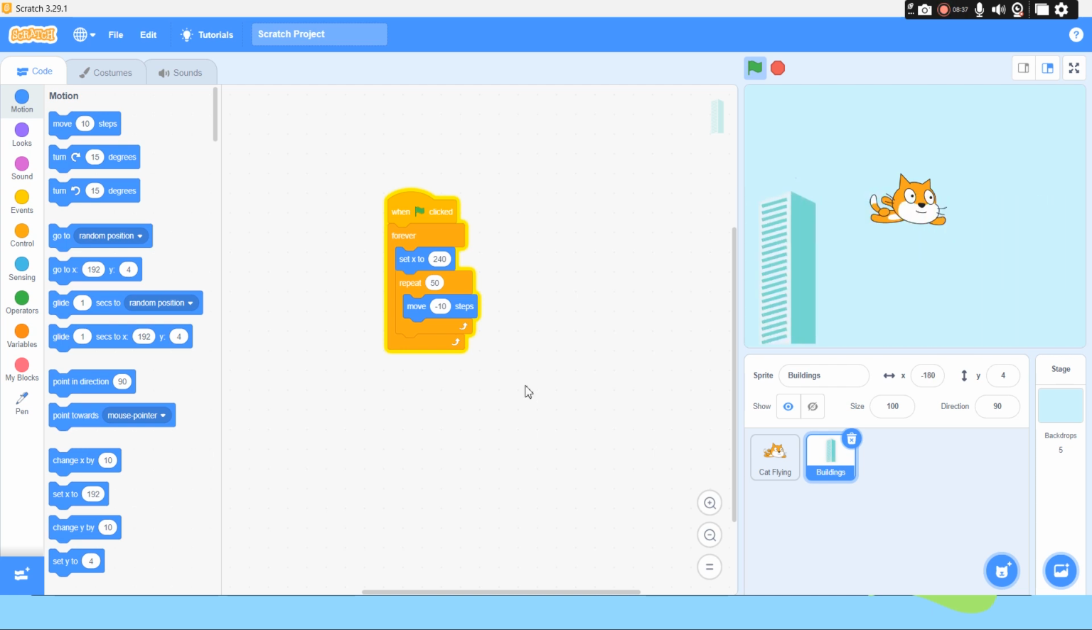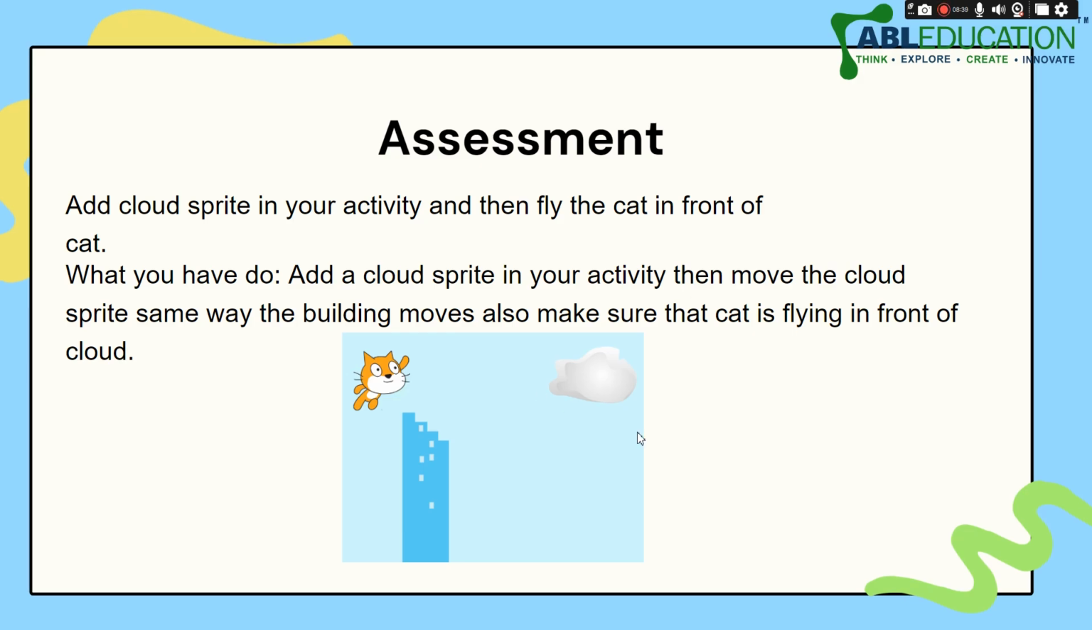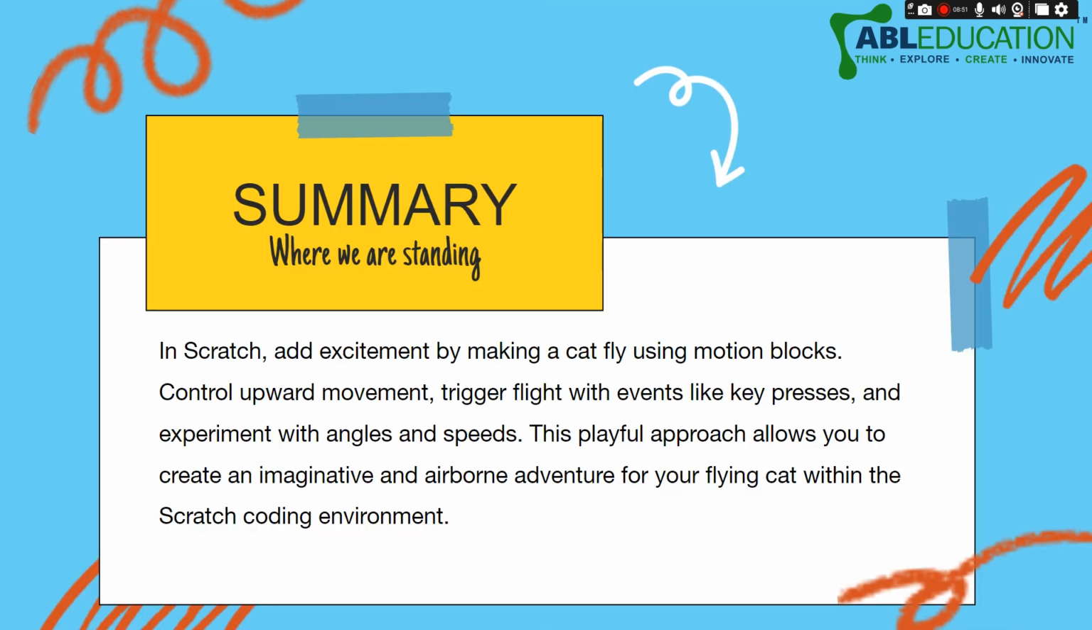Okay, so this was our project, and what you have to do is add a cloud sprite in your activity, then move the cloud sprite the same way the building moves as well. Okay, so this is your assessment, and in conclusion I just have to say we learned a lot of new things. Today we learned how to make a cat fly,